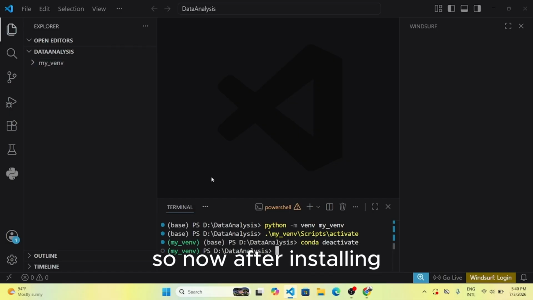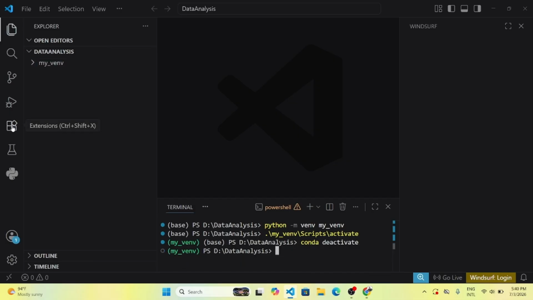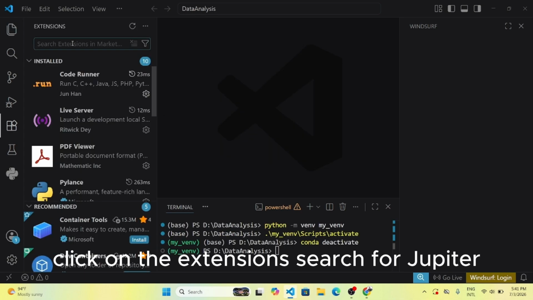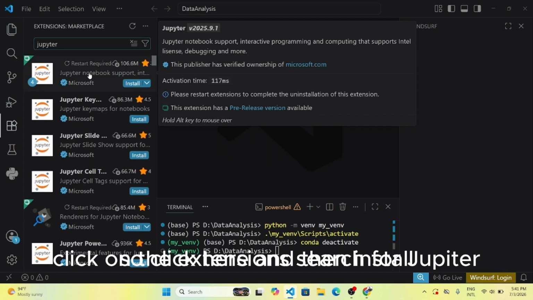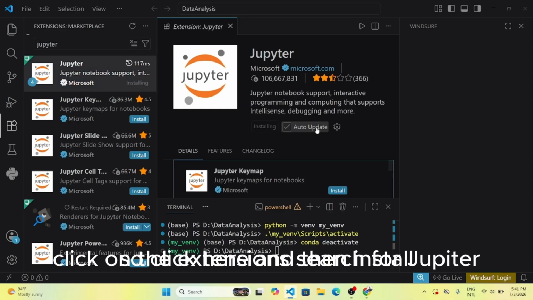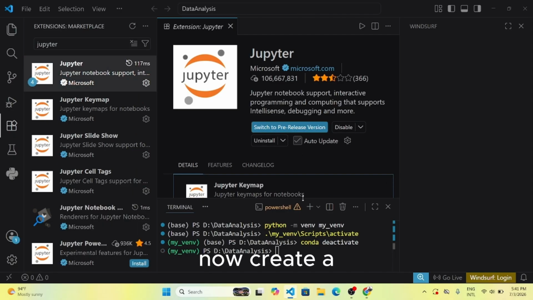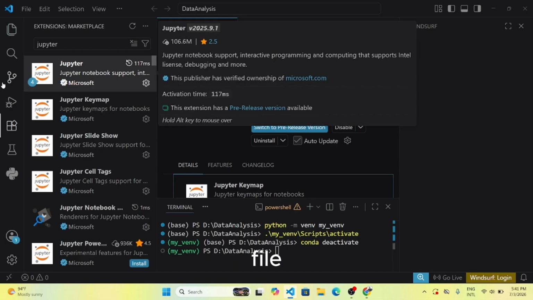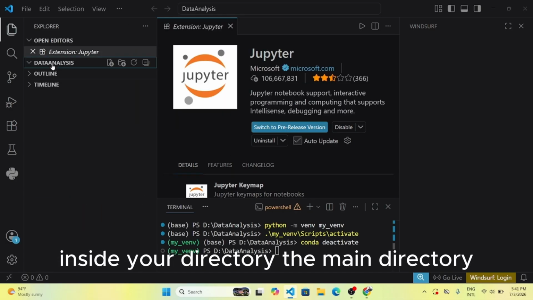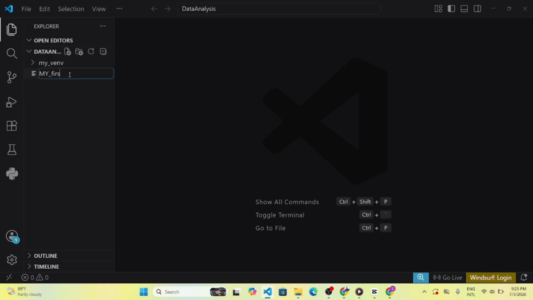So now install the Jupyter extension. Click on the extensions, search for Jupyter. So click here and then install. So this Jupyter extension is installed. Now create a file inside your main directory. Let's say my first